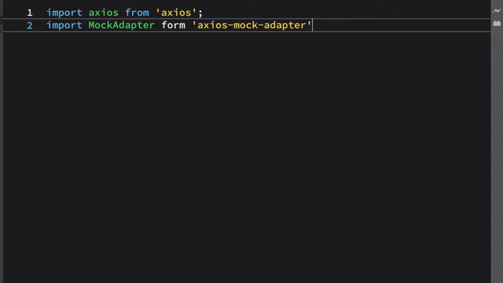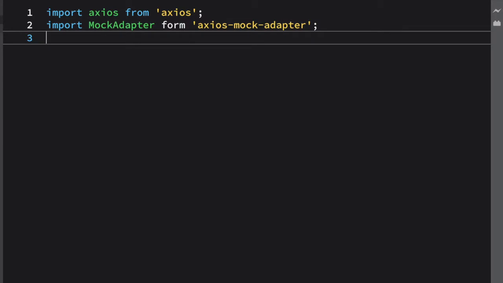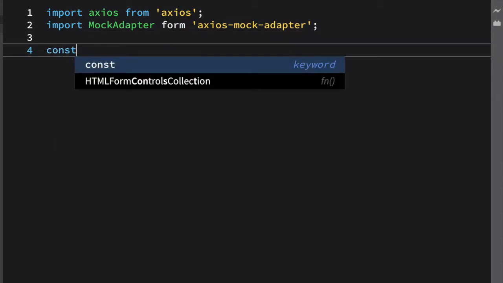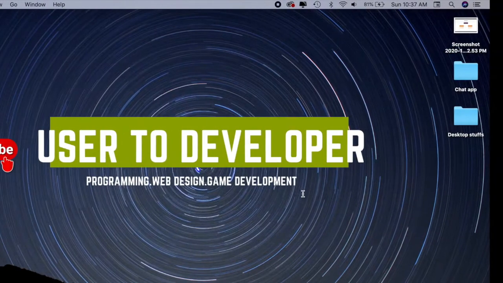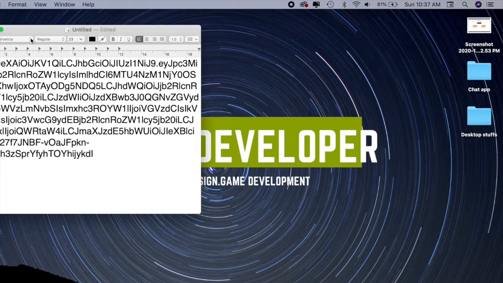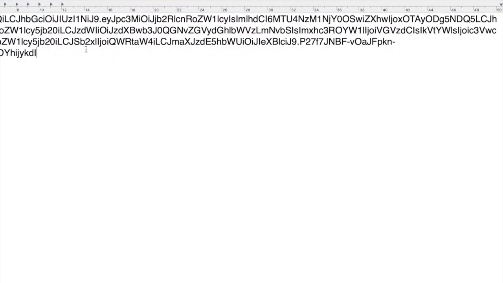After this we need to declare a constant token, that is kind of a variable which will be unique for every user who is logged into our application. So friends, this is basically a unique ID for every particular user that uses our application, and this will be automatically generated by our Firebase backend. But here, because this is just a fake backend, I am using some random ID.